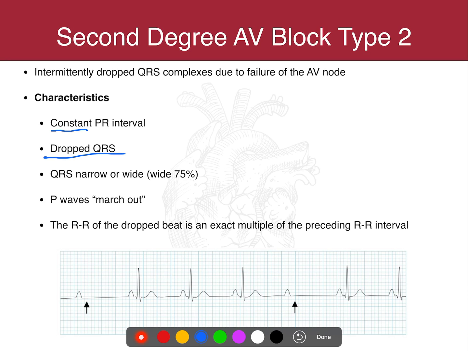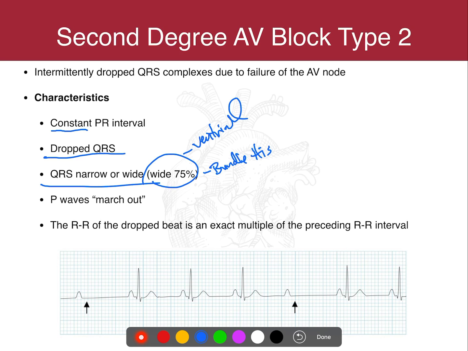And so oftentimes it's because there's a block that is happening at the AV node or actually below at the bundle of His. And because that block is so low, then you end up sometimes getting a wide QRS complex. And that's because the block is occurring below the entire His-Purkinje system, and therefore you end up getting a wide QRS complex because it's really somewhat ventricular in its